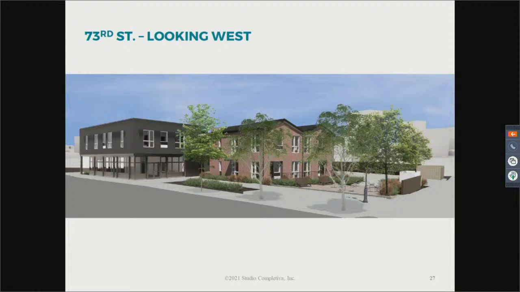So I think that in 2022, before the end of the year, hopefully this project is completed and open, and we'll have very happy residents who are now neighbors in this area.